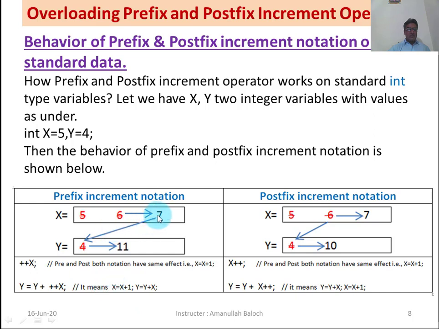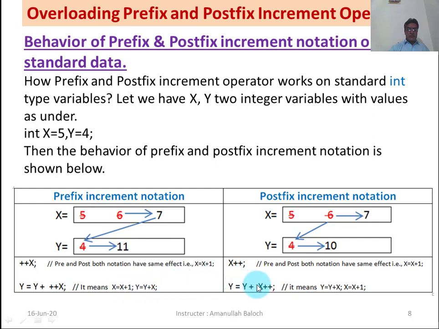So x will become 7 and then this value of x, that is 7, will be added to the value of y, 4. 7 will be added to 4 and the new value of y will become 11. This statement is a composite statement and contains the effect of these two statements.